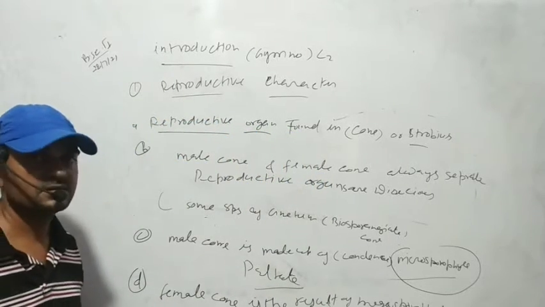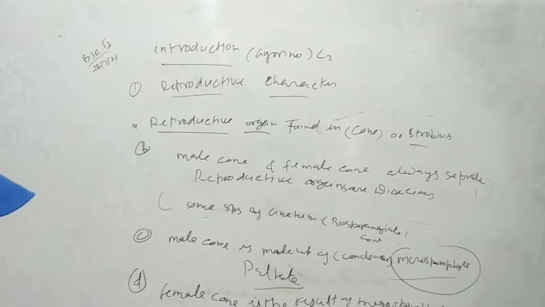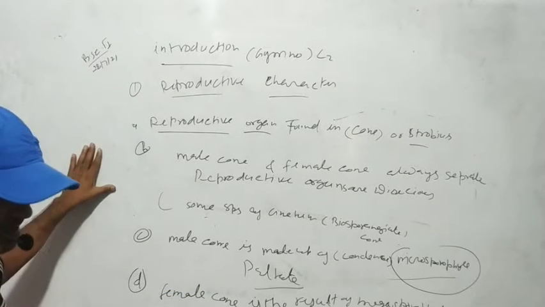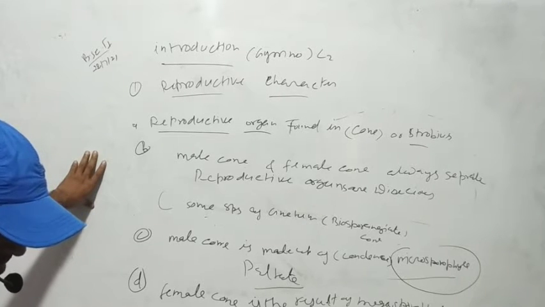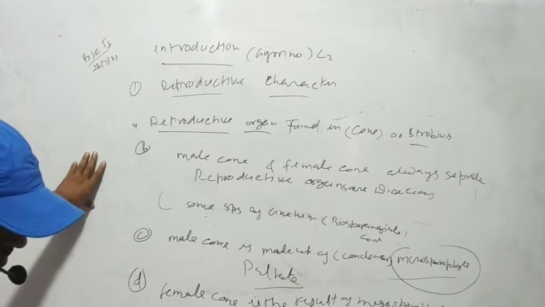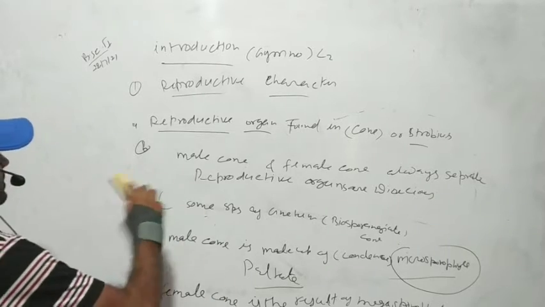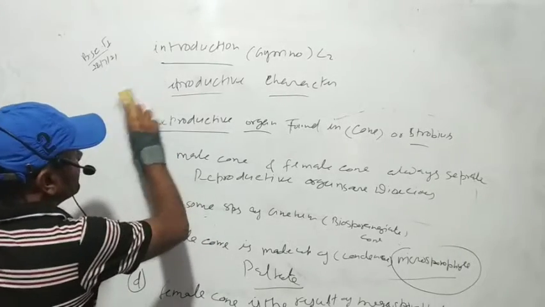In Cycas no female cone is born, because in Cycas there are only megasporophylls or ovules found. This is one character, and the next one again